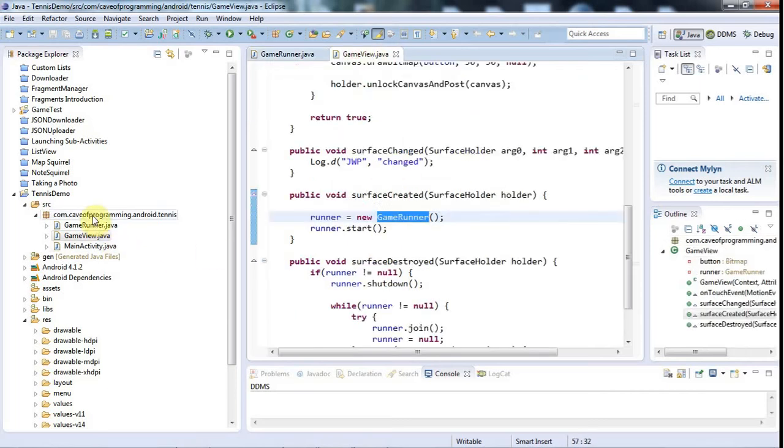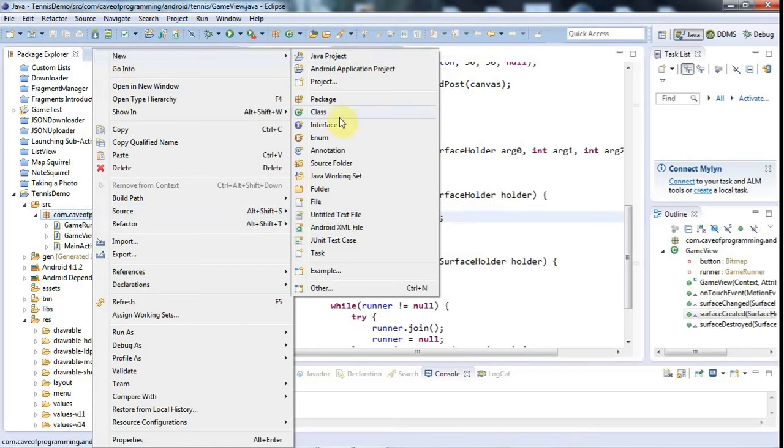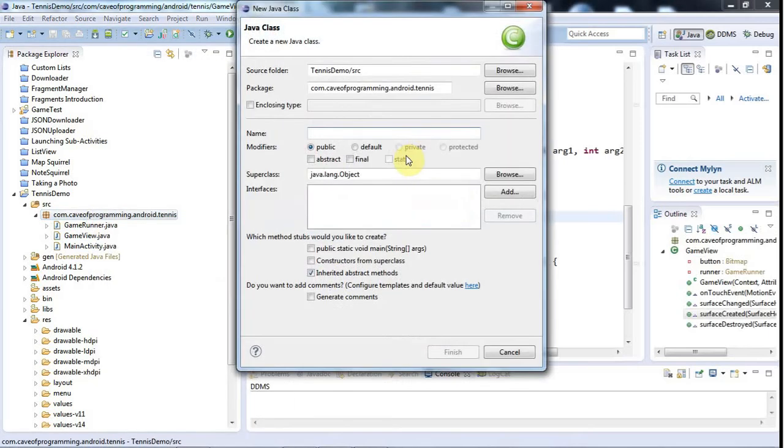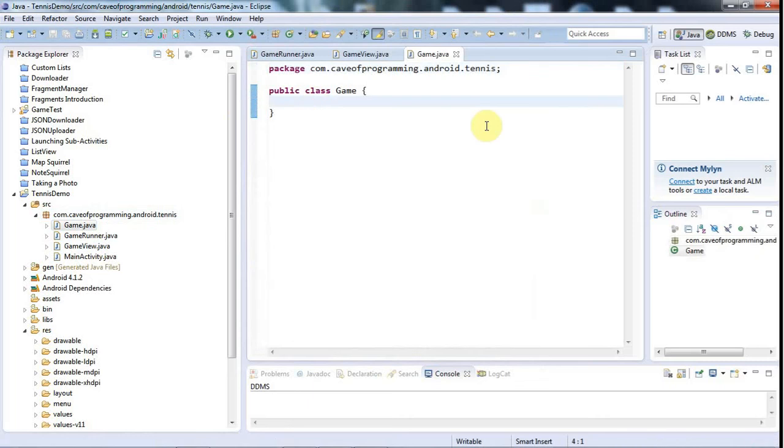So I'll right click the package here, and this structure is kind of slightly arbitrary and not necessarily the absolute 100% best way to do this, but it seems like a way that's reasonably simple and reasonably quick and not too badly structured. So I'll call this game, and I want my game to have several kind of phases to it. So we're of course going to need to have a constructor,